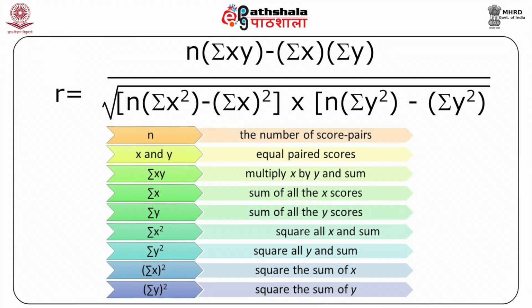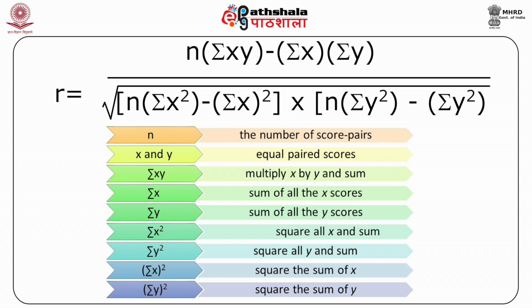The formula for calculating the Pearson product moment correlation coefficient is R equals n multiplied by summation xy minus summation x multiplied by summation y, the whole divided by the square root of [n summation x square minus (summation x) whole square], the whole multiplied by [n summation y square minus (summation y) whole square], where n is the number of score pairs, x and y are the paired scores, summation xy is x multiplied by y, and summation x